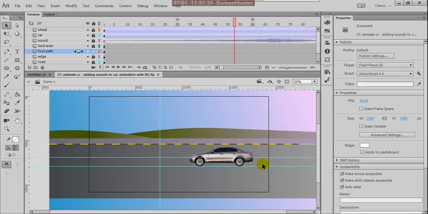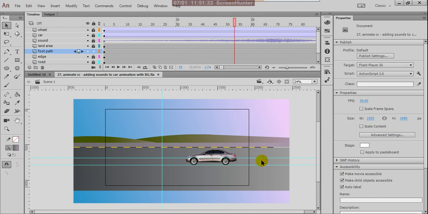Okay, so the reason is I'm explaining part by part. I'm allowing you to draw your car and add your backgrounds. If I explain all the things at a time, maybe you will get confused. Step by step and slowly I'm explaining all the things.